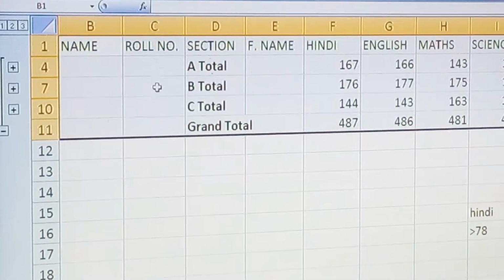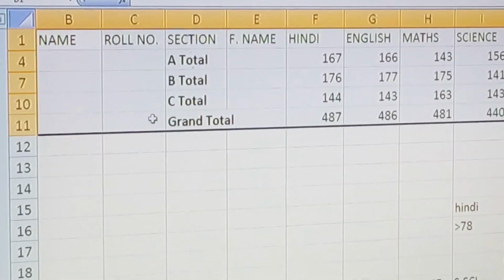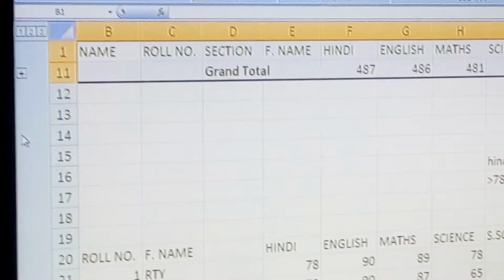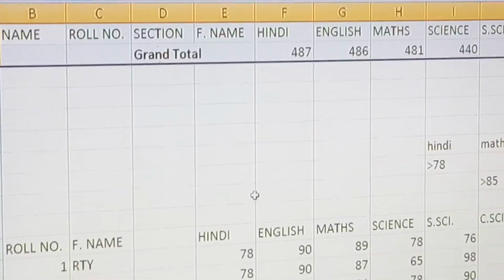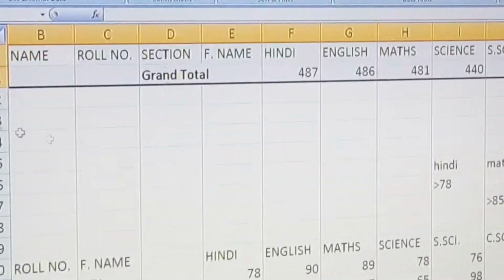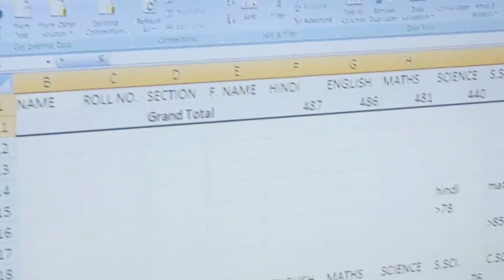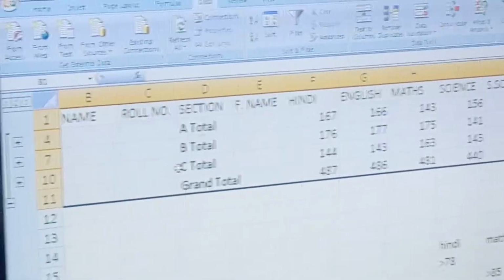Now here A total, B total, C total, it is not showing any record, but here it shows the grand total. When you click on it, it will collapse. It will show only the grand total obtained from all the sections.